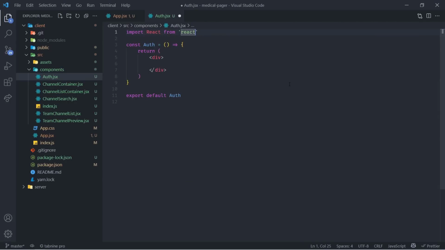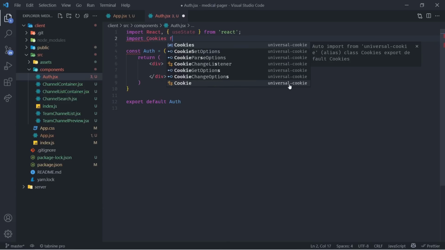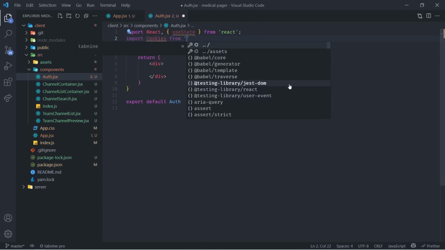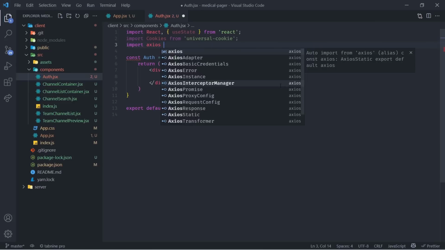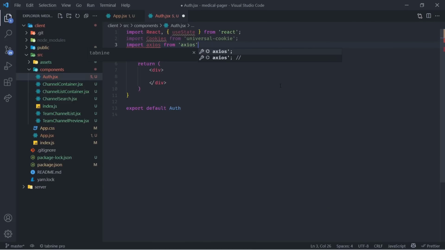We're gonna use the useRef. Alongside React, we're also gonna need useState, and we also need to import a few other things. In this component, we're gonna use cookies, so we can say import Cookies from universal-cookie. Then we're also gonna use Axios, so we can say import Axios from Axios, and I've just remembered